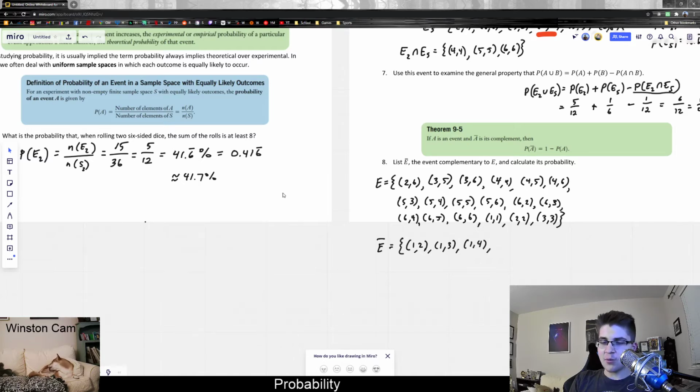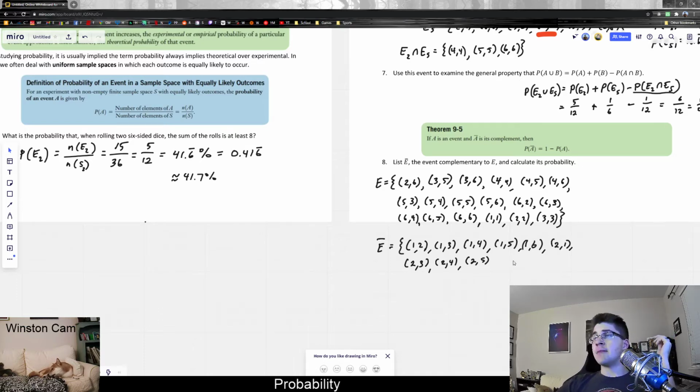But anything starting with 1 will not add up to 8. So none of those would be doubles and none of those add up to 8. And then I could move on to starting with 2, where we'd have 2, 1. 2, 2 is not okay because it's doubles. 2, 3, 2, 4, 2, 5. However, notice that 2, 6 would not be an acceptable outcome for this experiment because we're not allowed to add